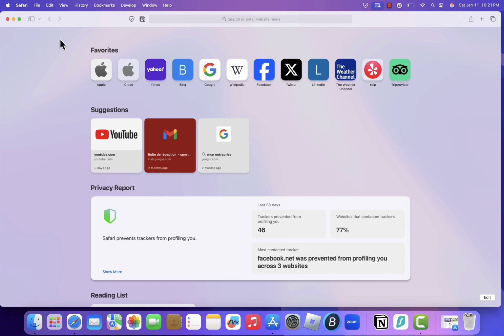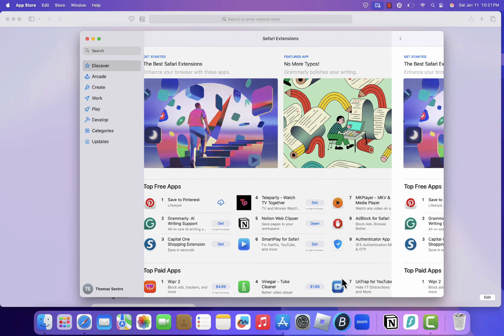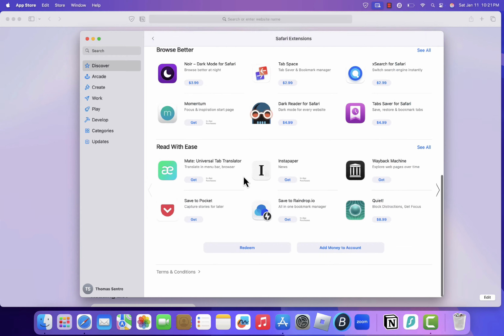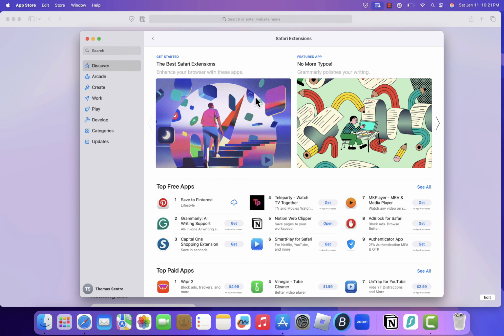Alternatively, you can go to Safari in the menu bar, select Settings, then click on Extensions to view and manage your extensions. From here, you can also click More Extensions to browse and install more extensions directly from the App Store. And that's how you can install and manage extensions on